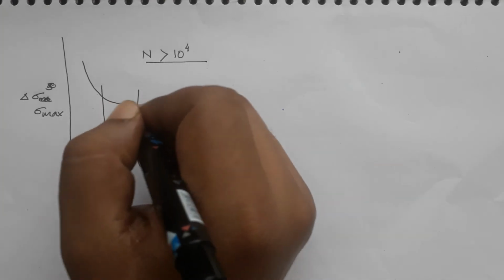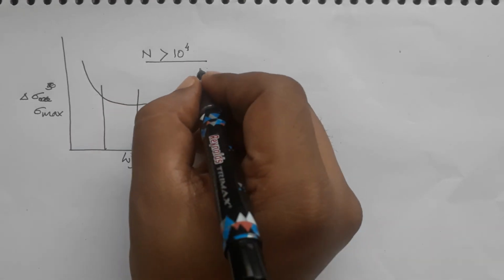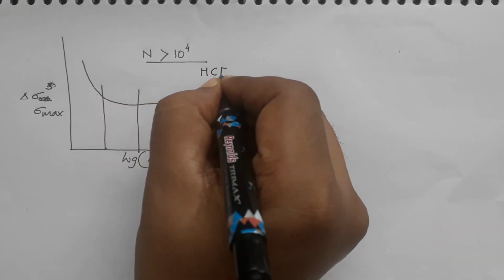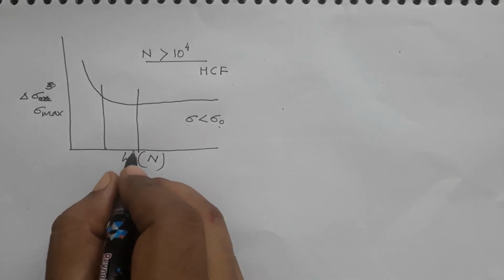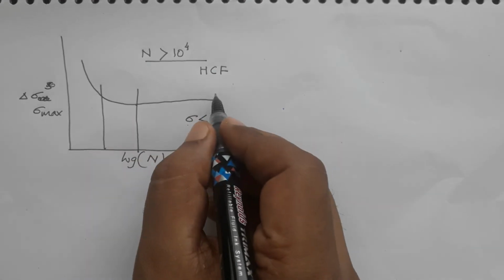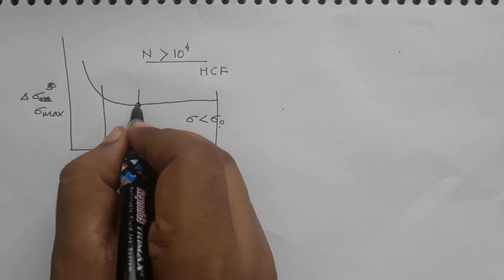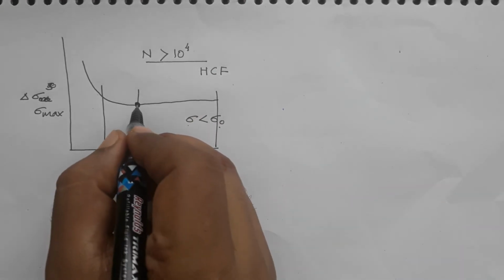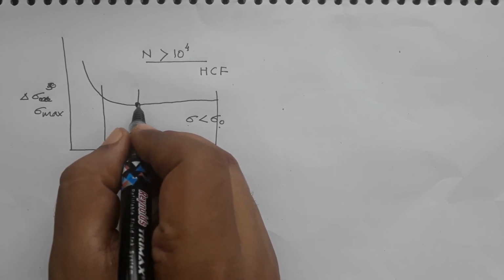So that area is called high cycle fatigue, where you have a comparatively higher number of cycles. Of course, we are reaching endurance limit, so it does not matter, the whole range can be here, but you have arrived at the endurance limit here only, but you will not know that this is the endurance limit unless